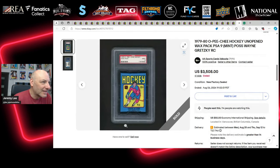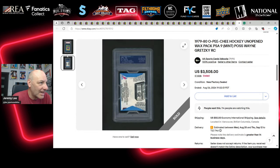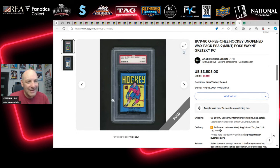And then the last card we're looking at is not a card. It's a pack, an unopened pack of 1979 OPC Hockey PSA 9 grade. That's tough. I own a PSA 8 copy. I don't even care about the grade on these. It's about the artwork, the item, the relic itself. But this unopened pack does